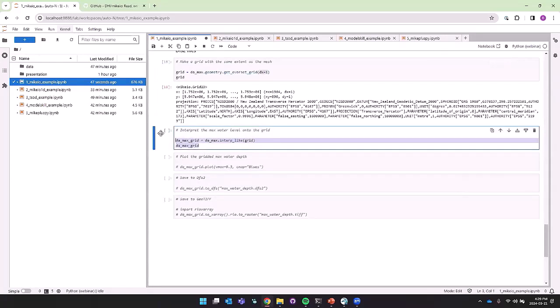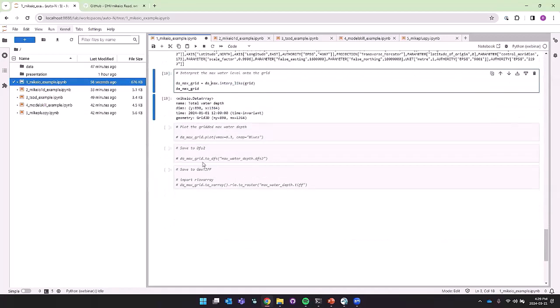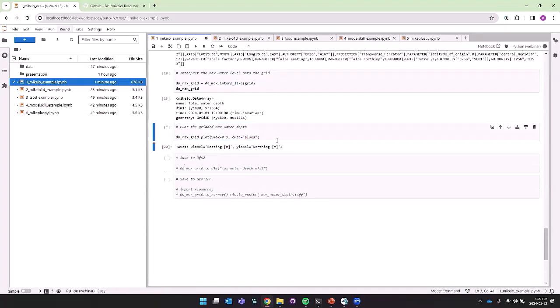For the sake of time, I'm just not going to write this out, but run it. So now we interpolate this DA max onto the grid. And now we have a grid that's interpolated from the DFSU file. We can plot that grid the exact same way that we did with the DFSU file.